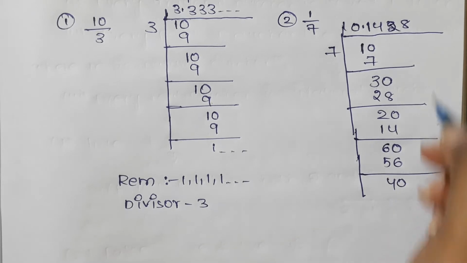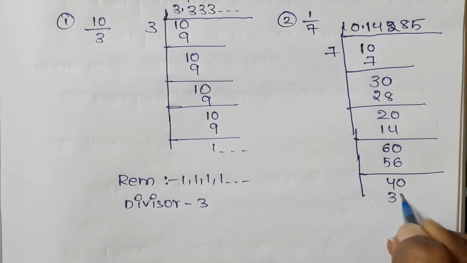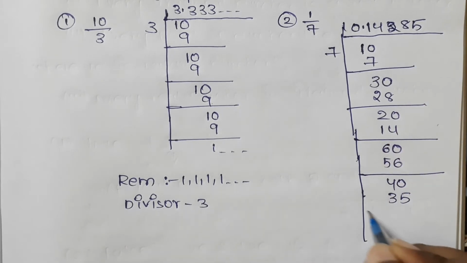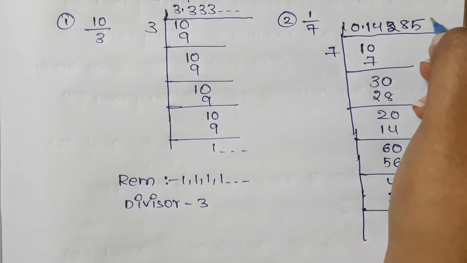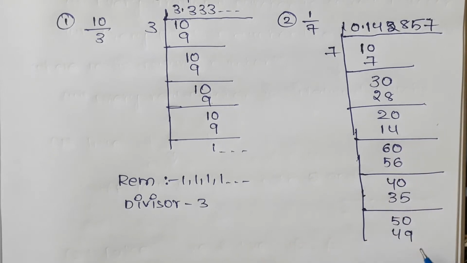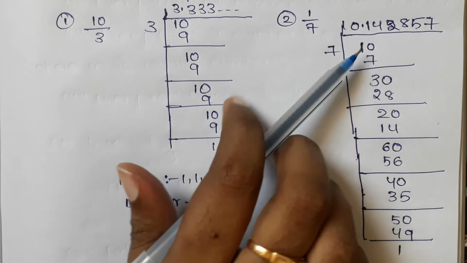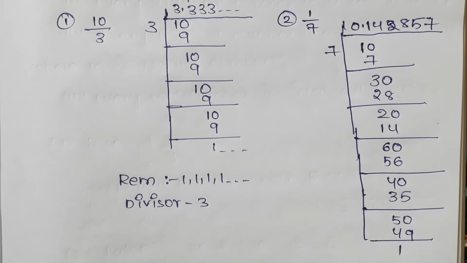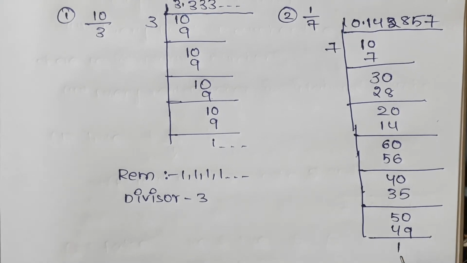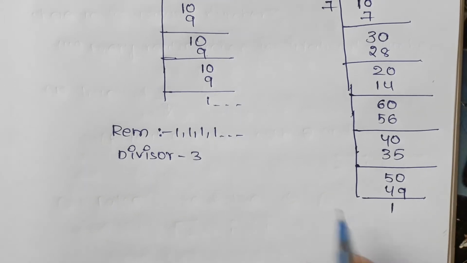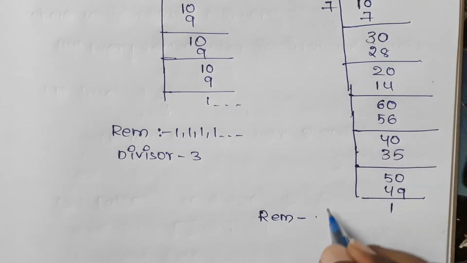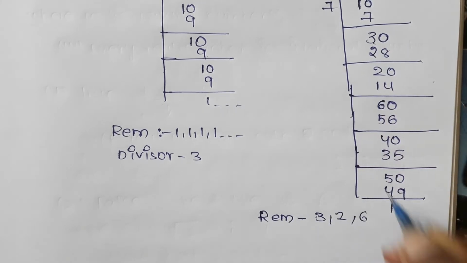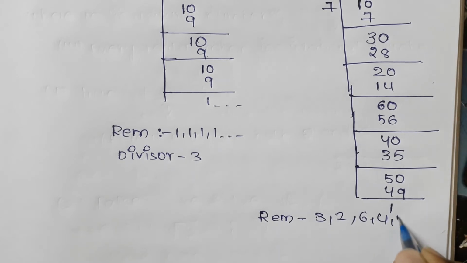And again 0. 7 5s are 35. And again 5 is the remainder. Again 0. And we will get 7 7s are 49. And again it started. Here 1 is the remainder, and again it will be continued in this way, and we will stop up to here. Now let us see the remainders. First we get 3, and next 2, and next 6, next 4, next 5, and 1.